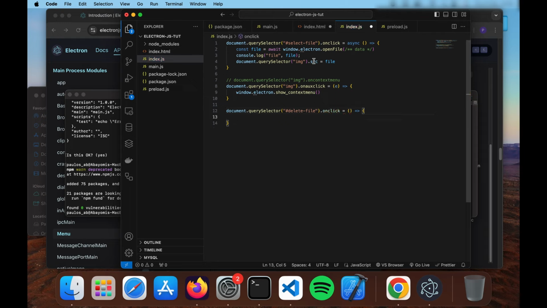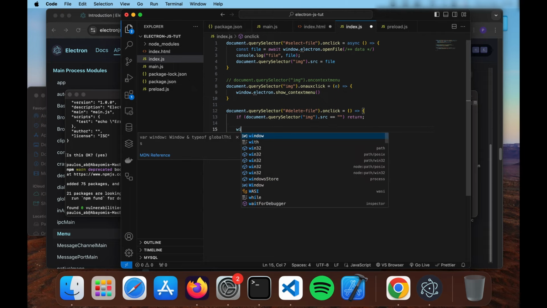Now let's check if the src of the image is empty. If the src of the image is empty, then it's equal to empty string. Let's return, like we are not going to continue the operation, else we are going to use, okay,